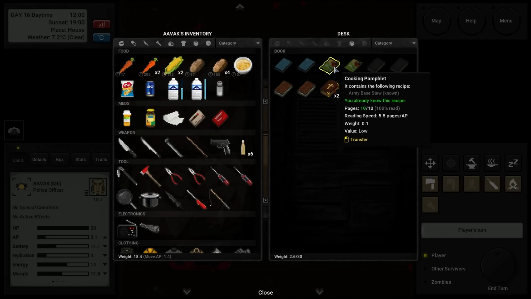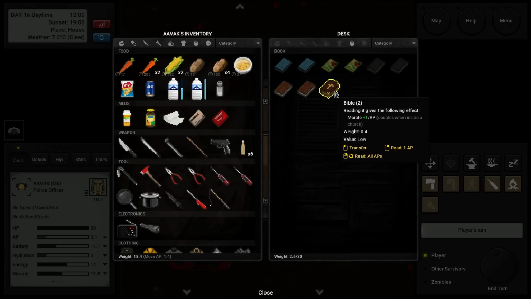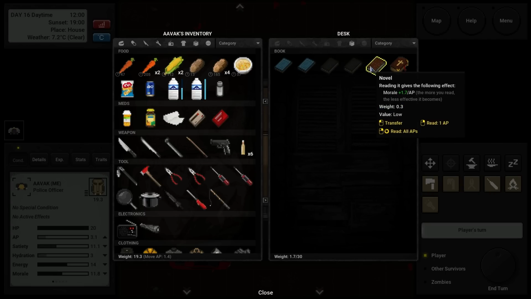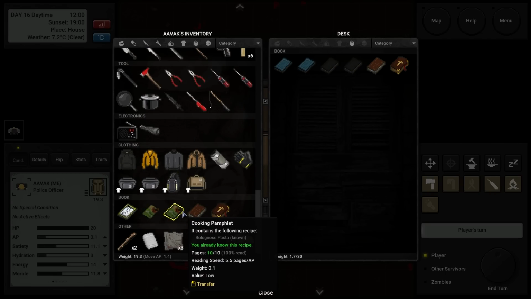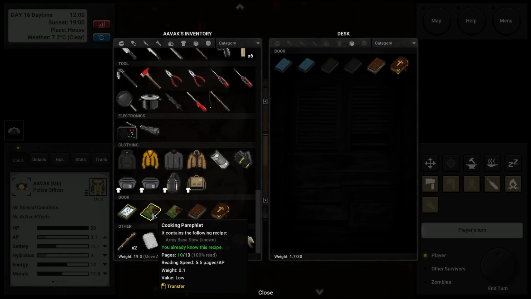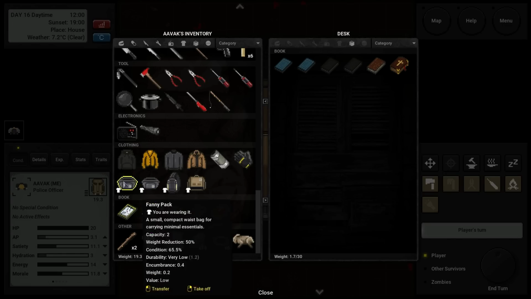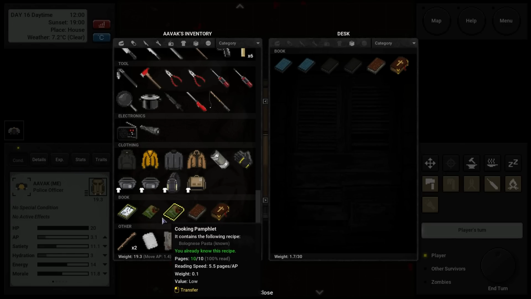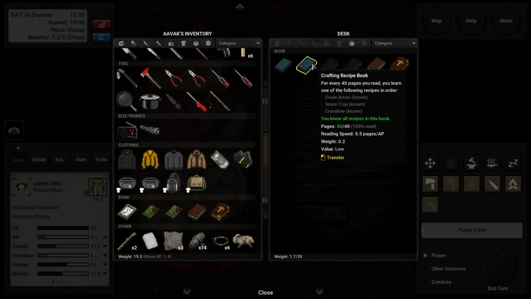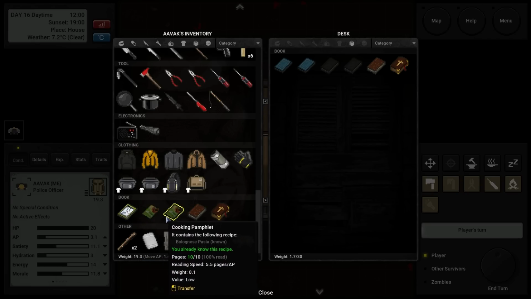Not yet. I wouldn't mind saying goodbye to the cooking pamphlets. I guess I could trade a Bible, a novel, and the 2 cooking pamphlets. But the thing with any skill book I give away is that I then lose the ability for any other character to learn this. If one of my characters die... Like, right now, Aavak is learning everything. But if I get a new character, I definitely don't want to give away actual skill books. Maybe recipe books, but then I might find a character that is a better crafter than Aavak. The cooking pamphlets...